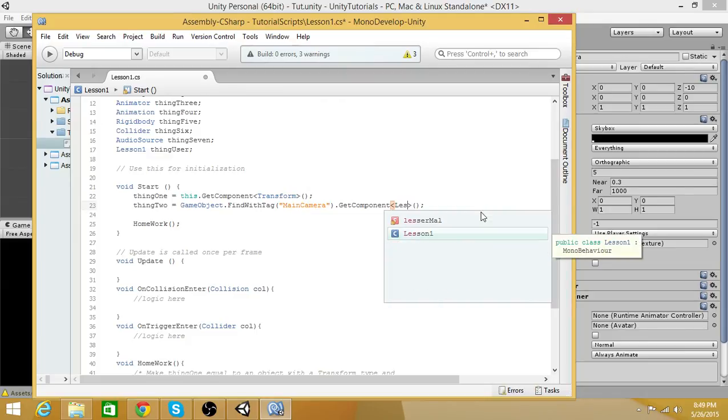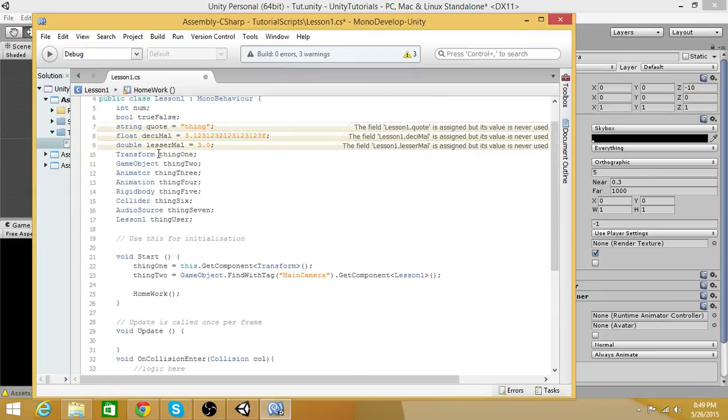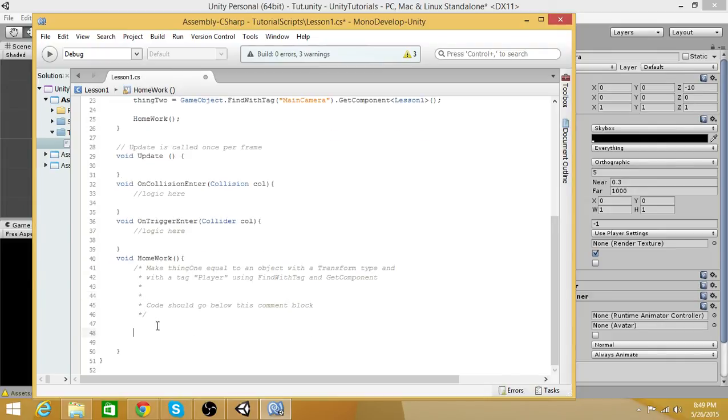And Lesson 1 will go fine until I press F8, then it'll error out because you can't mix and match types. So that's the homework part. Make thing1 equal to an object with a Transform type and with the tag player using FindWithTag and GetComponent. So you're basically making thing1 equal to GameObject.FindWithTag("player").GetComponent of the type that it needs, which would be Transform. And just think about it. I'm basically just telling you what to do, but just try it and do it below this